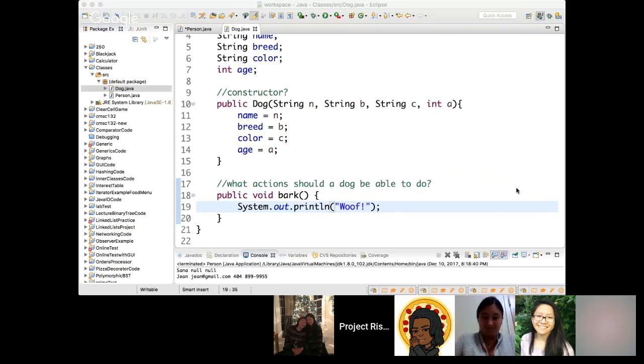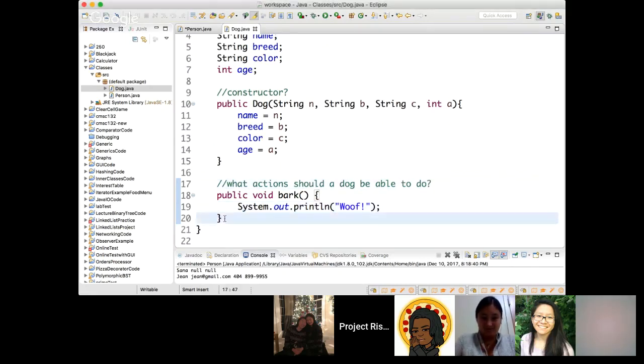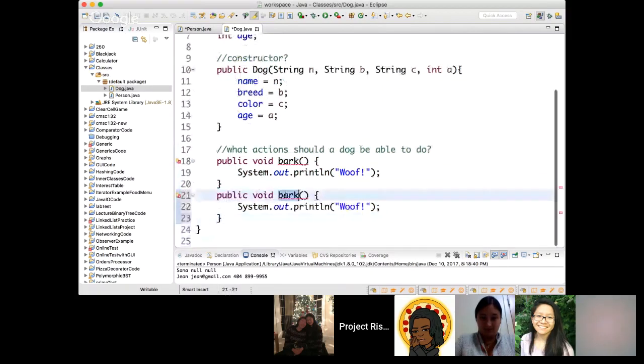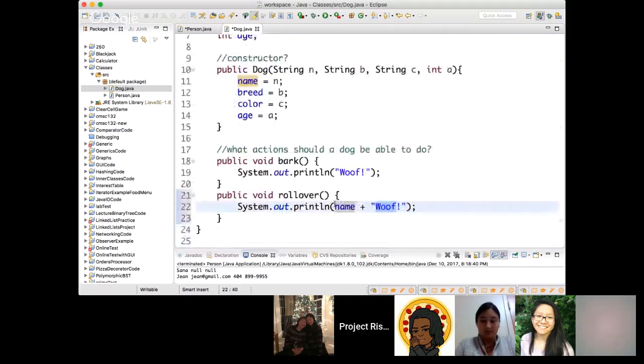Roll over, fetch. All right, let's also do one for roll over. So maybe you could have it say, you could have the dog's name. So name plus